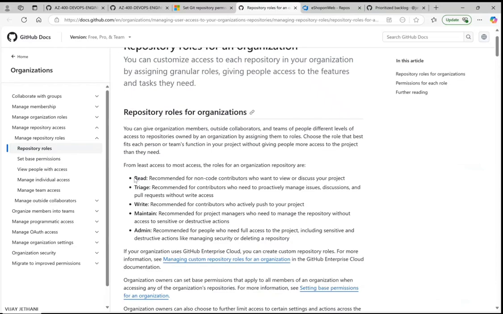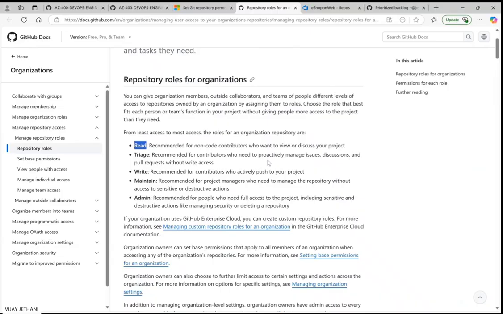Okay. So now here you have the read, triage. So there you have contributors directly. You have for triage. Similarly, you only have to write. That means you are only pushing because you are a developer just maintaining. You will not have any permissions on merging anything. Similarly, maintain for the project managers because they are working on anything sensitive, so they are able to have